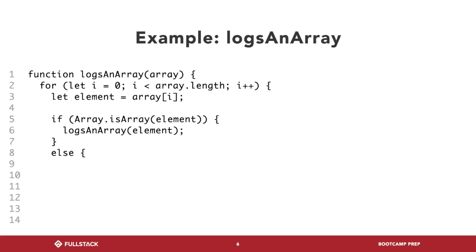Right? And we did something very similar to that, if you remember correctly. We had a for loop, we go through, and we basically have an if-else statement. If the element is an array, we then wrote a for loop there to iterate through it. If it wasn't an array, we would just console log it out.